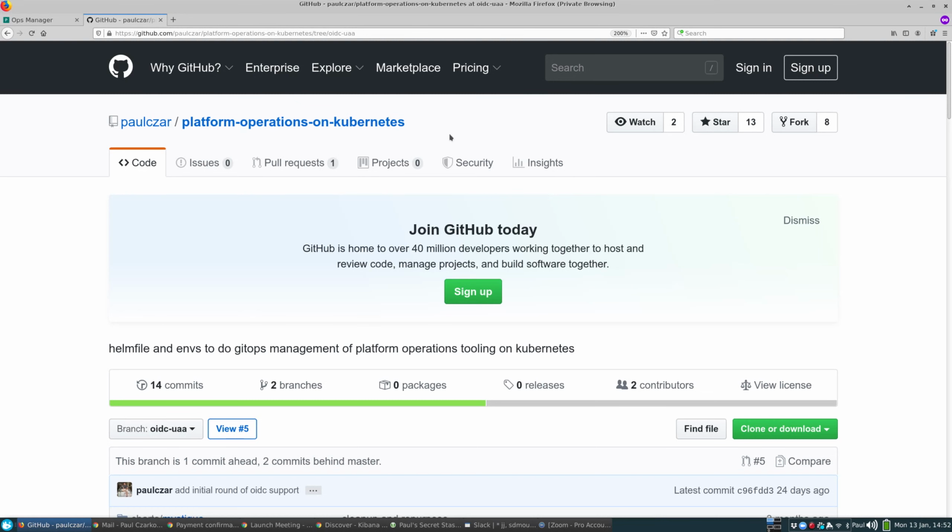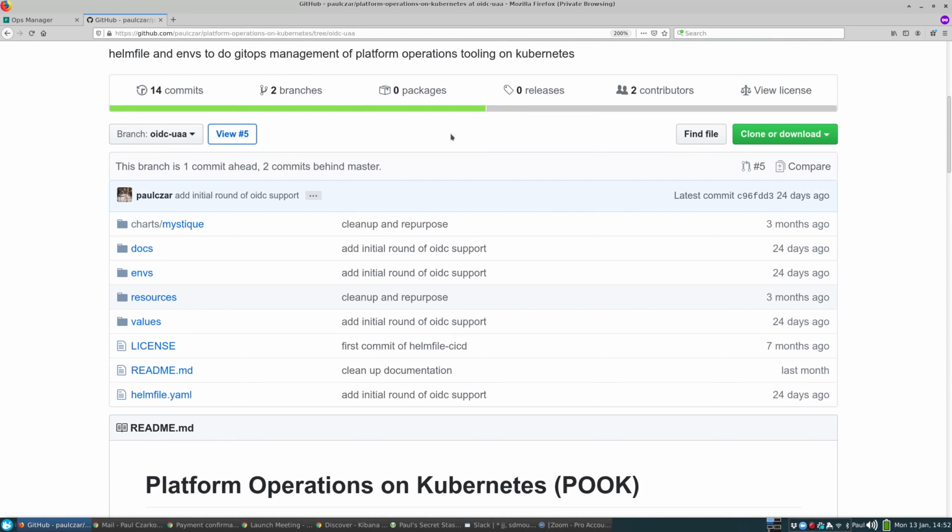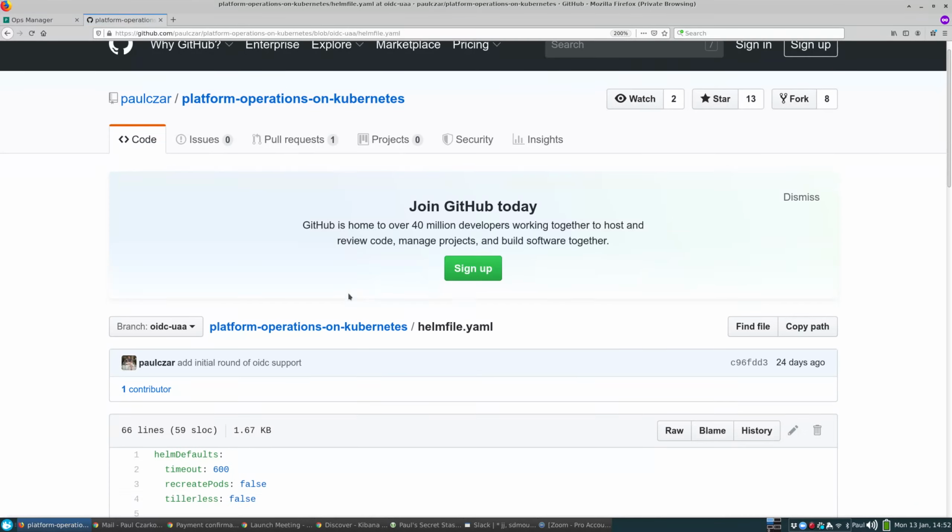It does use Helmfile, and Helmfile is a way to orchestrate and do GitOps type workflows with Helm charts. And so you basically wrap it around a group of Helm charts and coordinate them together. And to use what's called a Helmfile, obviously, and that contains a list of Helm charts and things you want to do with them. So if we have a look at what we have in the Git repo,